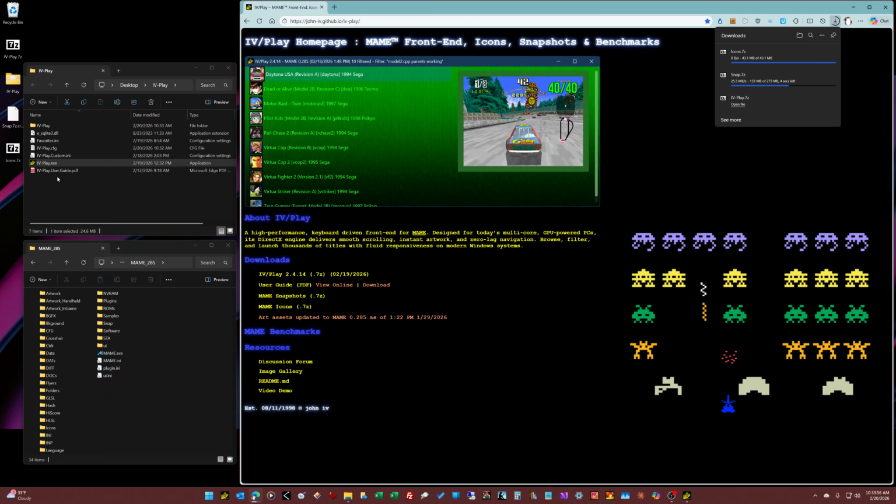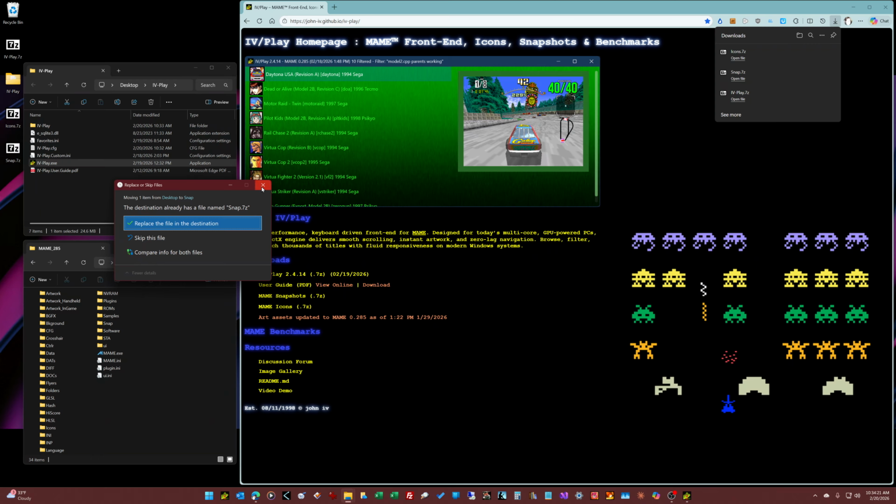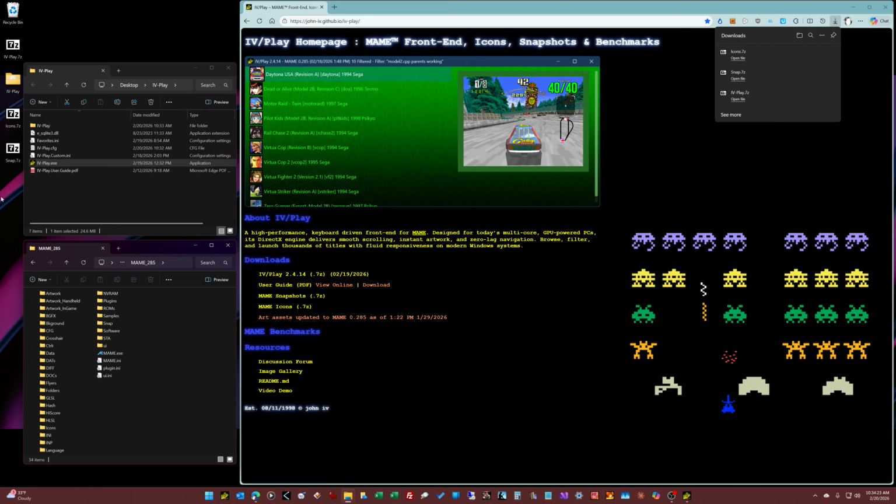These are 7-zip files that when they finish downloading, you can simply drop into their respective folders inside the MAME directory. And so, yeah, snap would go into snap, obviously, and icons the other way. I've already got versions in there, so I'm not going to do the physical copy. Okay, so with those 2 items, you're going to get the nice